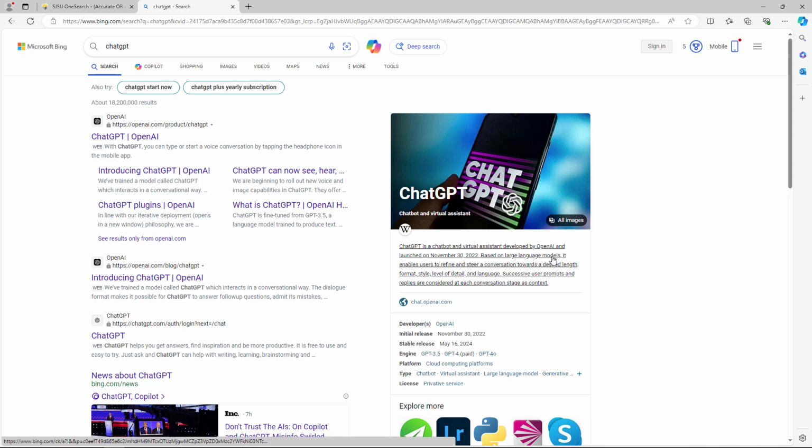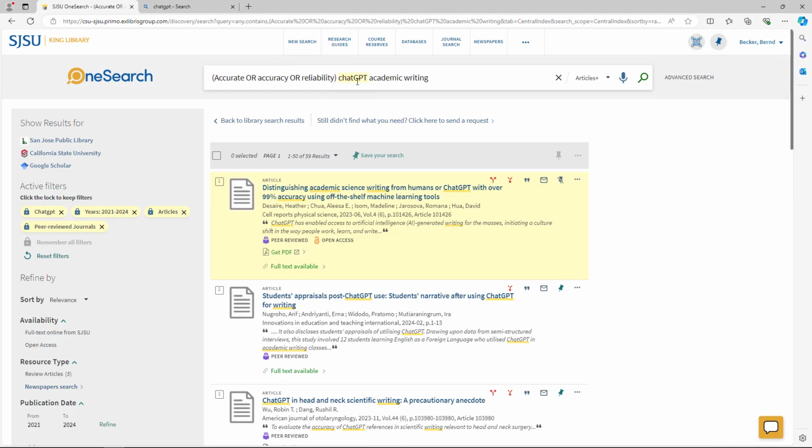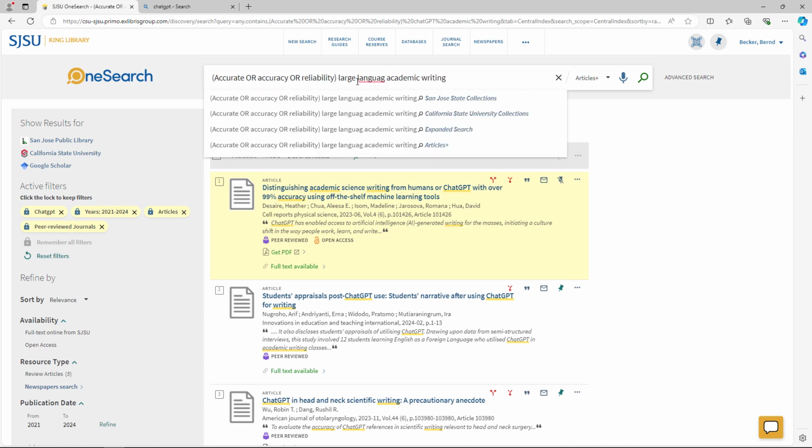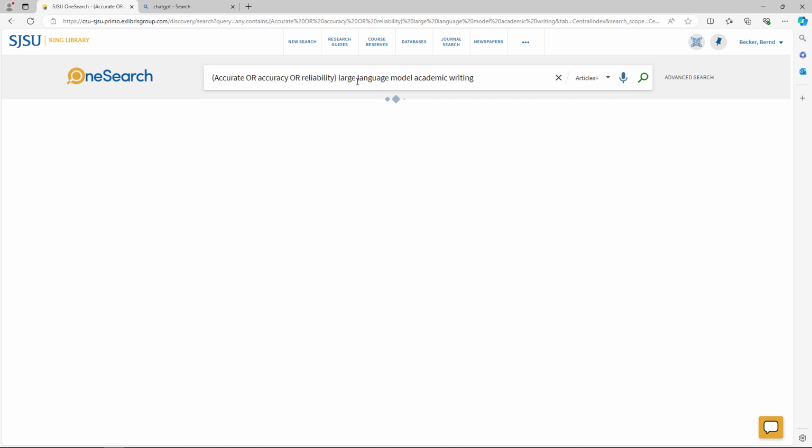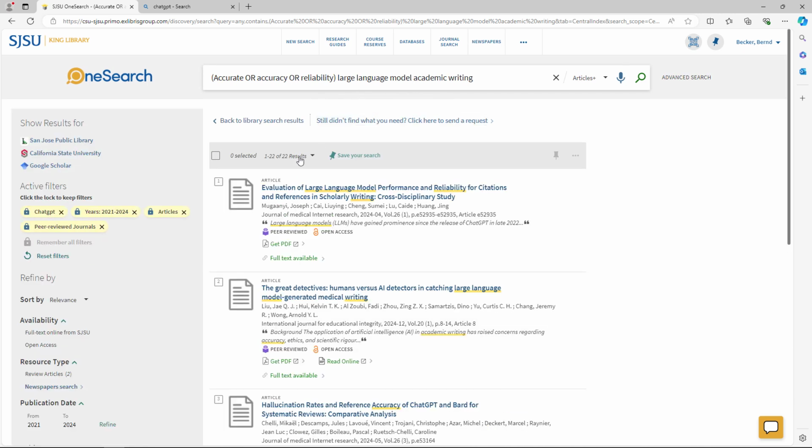Large language model. It's a large language model. So let me try something. I'm going to take out ChatGPT. Make sure everything's spelled correctly. There's 22. 22 isn't bad, but this is where you have to just kind of keep in mind